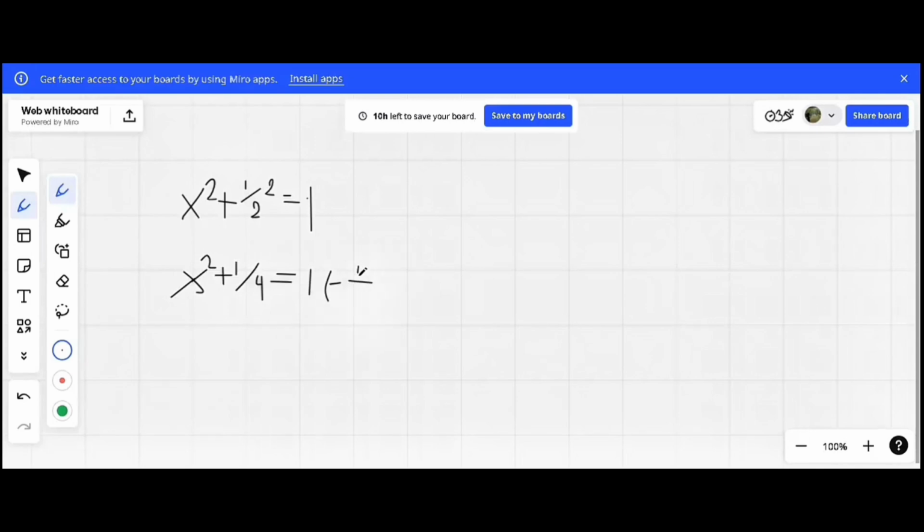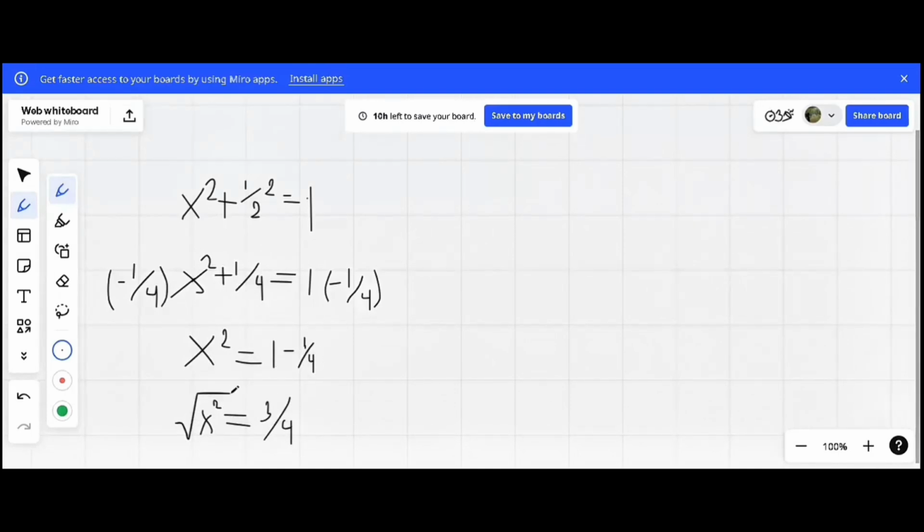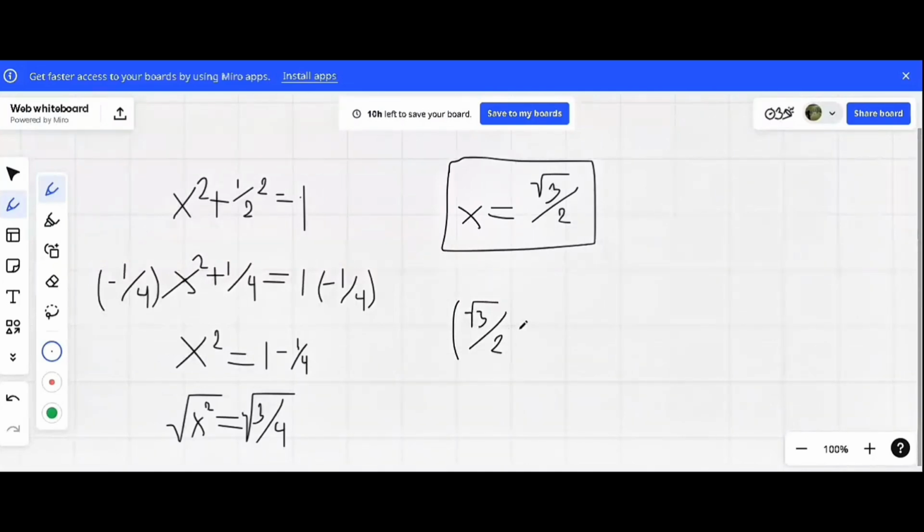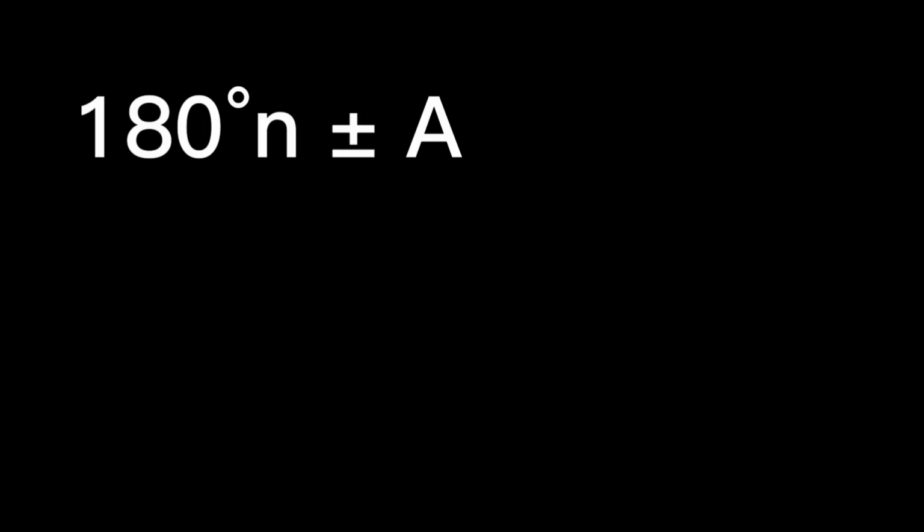So, we need to subtract 1/4 on both sides. Then that gives us x squared is equal to 1 minus 1/4. 1 minus 1/4 gives us 3/4. After that, we need to get the square root of both values. So, with that, x is equal to square root of 3 over 2. Thus, the coordinates are square root of 3 over 2, negative 1/2, or negative square root of 3 over 2, negative 1/2. Finding the coordinates of points on the unit circle